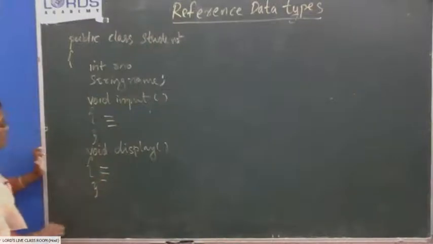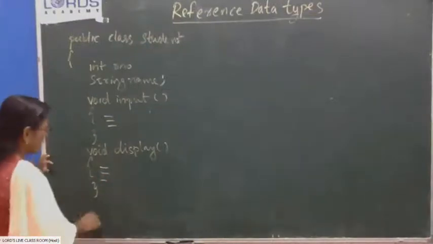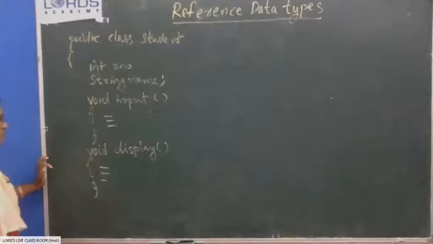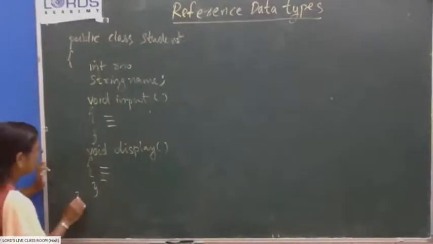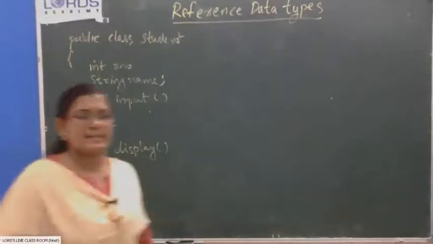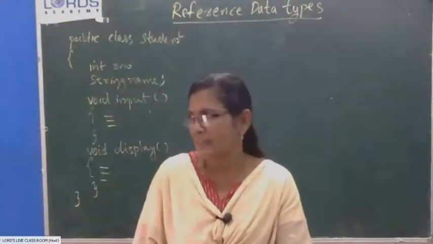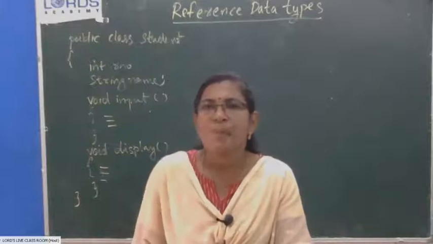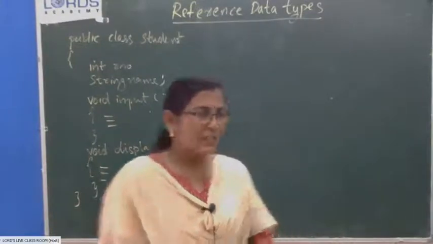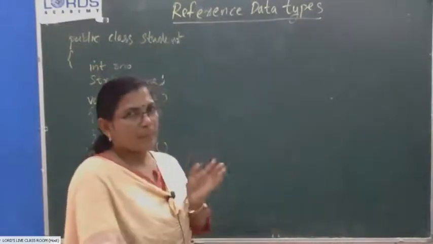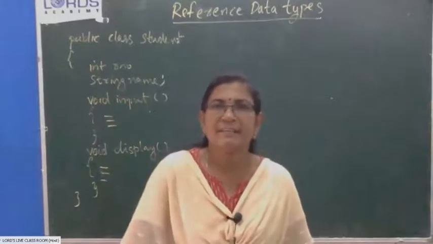Okay, and you can write a main method, it doesn't matter, a main method can be written. So there is a class like this, and I just want to create an object of the class through code. To create an object of the class, normally with primitive data types, when we declare a variable